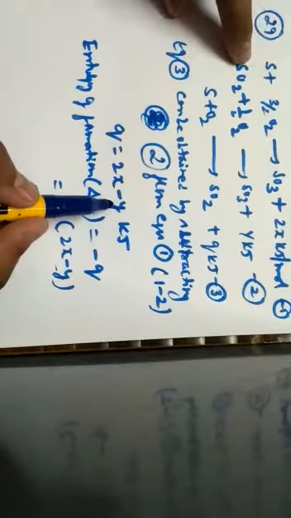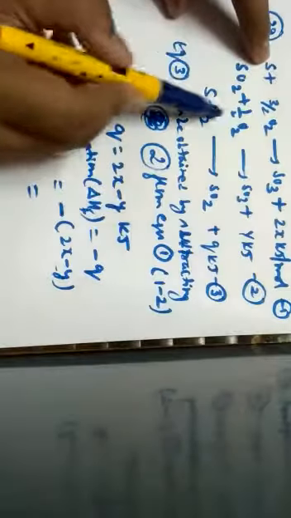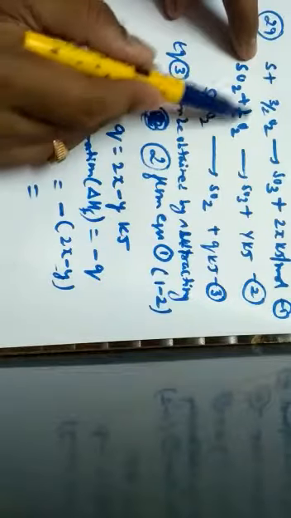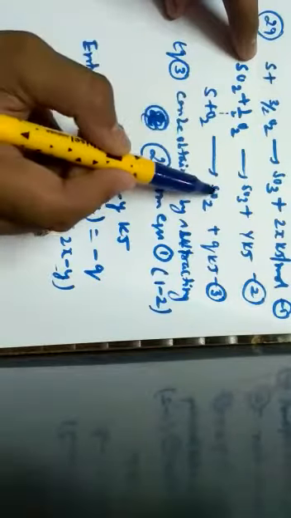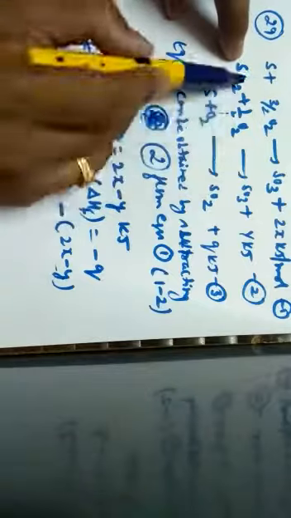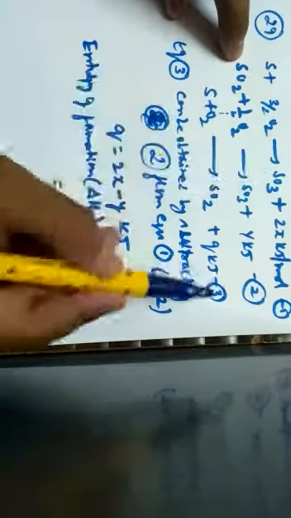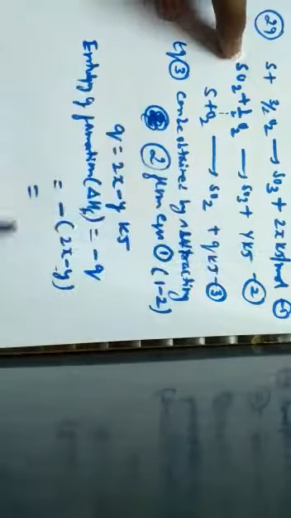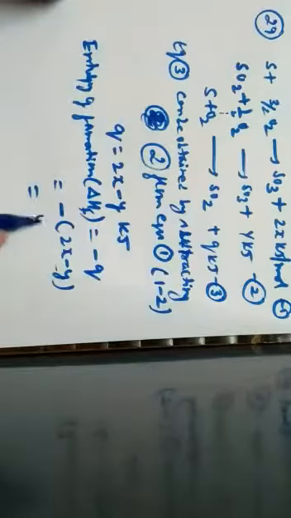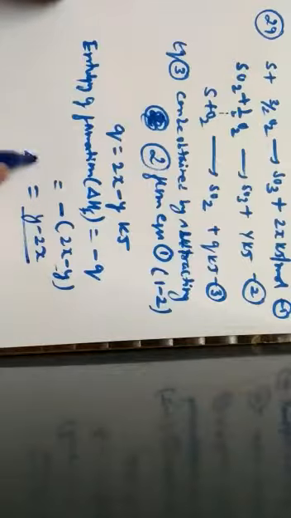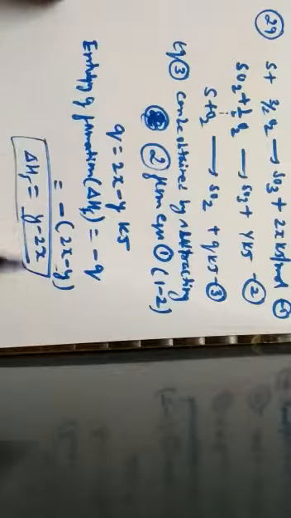So when 1 minus 2 is done, I will get S plus O2, because 3 by 2 O2 minus 1 by 2 O2 is O2. So here what is left out? S plus O2. Here I want to get SO2, so the minus sign, when it comes out towards this end, it will be SO2. This SO3 gets cancelled. So it is left with 2x minus y. So the actual equation will be y, because minus of 2x plus y, I have written as y minus of 2x. Therefore delta H of formation of SO2 should be y minus of 2x.